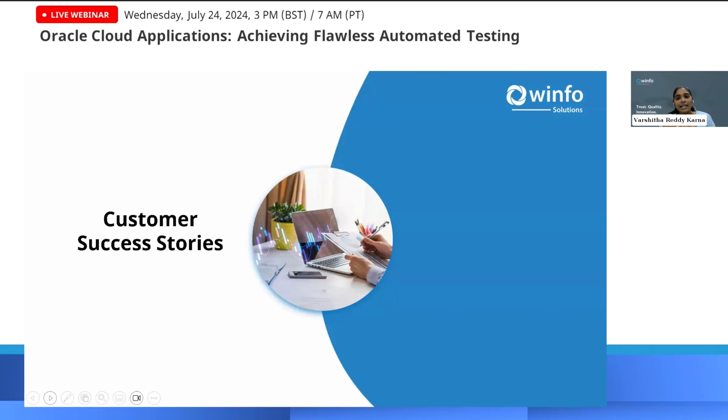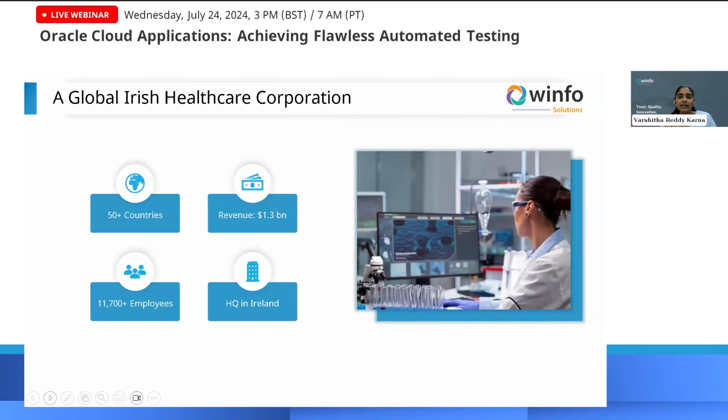Today, I will highlight our experiences in the global healthcare and the telecommunication sectors. Let's see about the Global Irish Healthcare Corporation. The headquarters is in Ireland and their operations are across Asia, Europe, and the US, covering more than 50 countries. Over 11,700 employees were there, and their annual revenue is